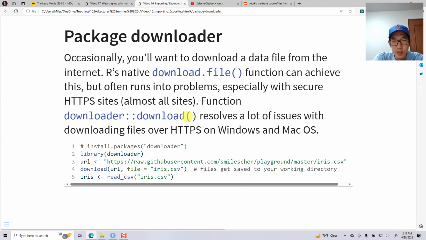So there is a native download.file function. However, this is an old function dating back to the early days of the internet, where things were much less secure. Now, almost every website uses HTTPS as their secure protocol, and download.file just doesn't run very well with that. So there's a package called downloader. You might need to install it, but you just load it up, library(downloader), and then you run the function download. So here